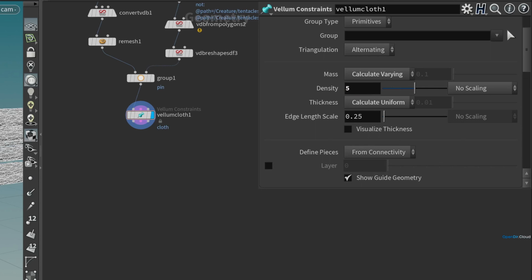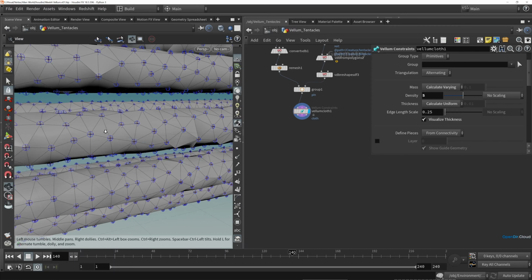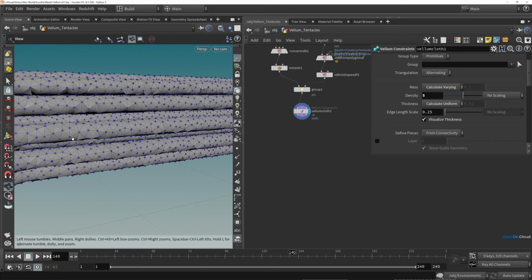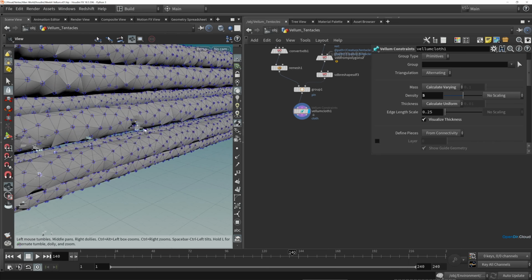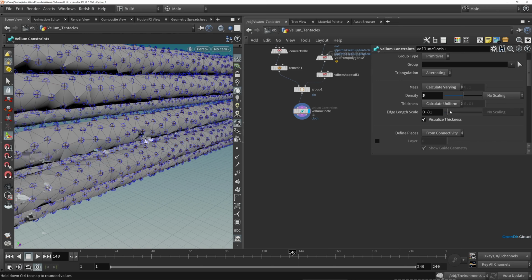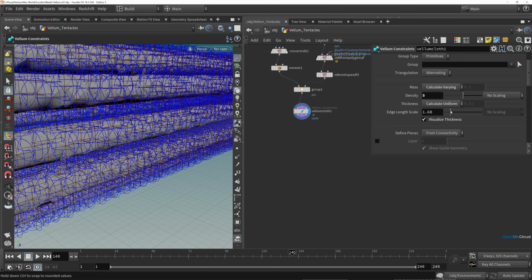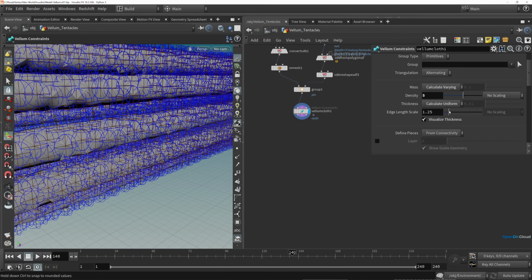I'll try something like 5 to make these points quite dense here. And then for the collision thickness, it can be helpful to visualize the thickness here. And if we zoom in, you can see the thickness that it's using for the internal collisions. If we turn up this edge length scale, you can see it's going to give us much thicker collisions and